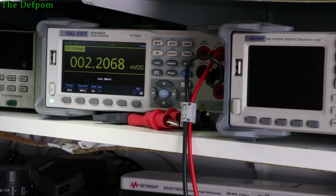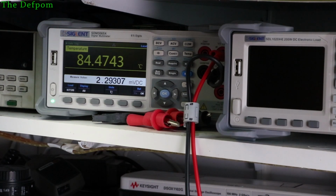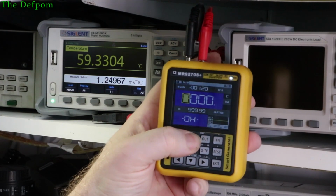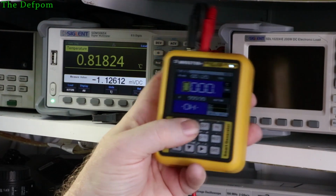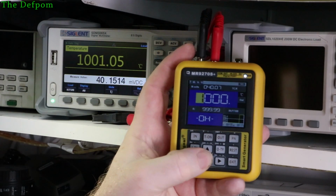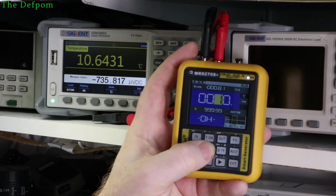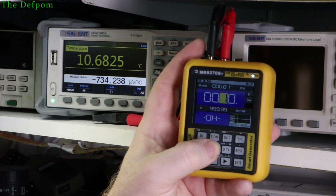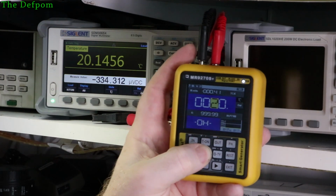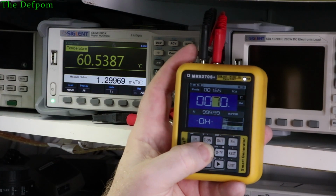Next I'm going to use the thermocouple output. So I need to find the temperature range, which is on here, which is the button there. Now I'm expecting a thermocouple. Output is currently turned off, as you can see. And we'll turn the output on. And we shall adjust the range. Okay, so it's starting from 1000 degrees C, you don't want that. Let's do 10 degrees C. There we go, we're getting about that, 10.6. Again, there's going to be noise which is affecting these readings because it's very low voltages. Right, and as the voltage comes up, the noise will be less influence on it. So there's 30. Let's go up to